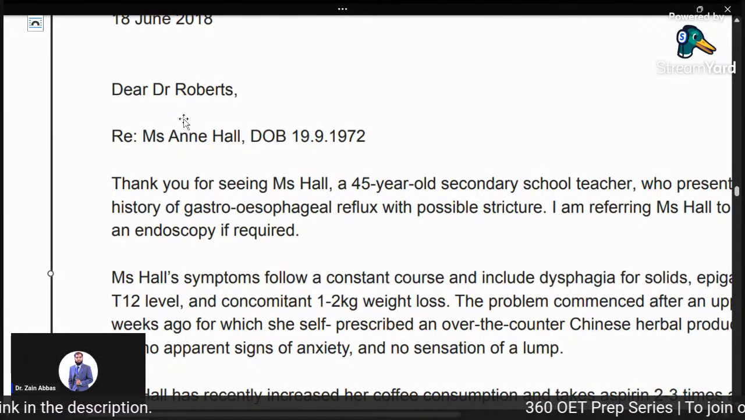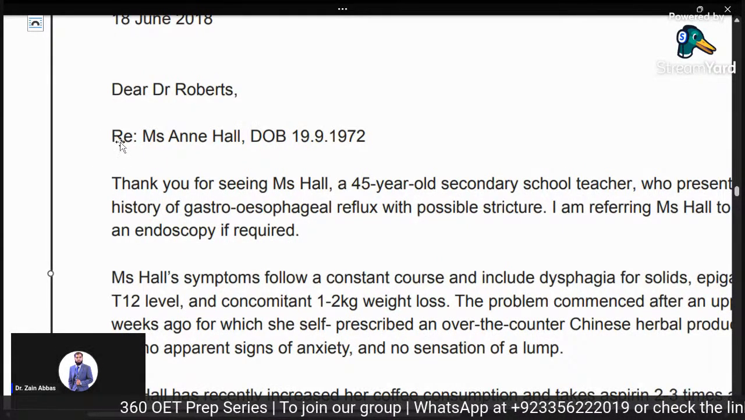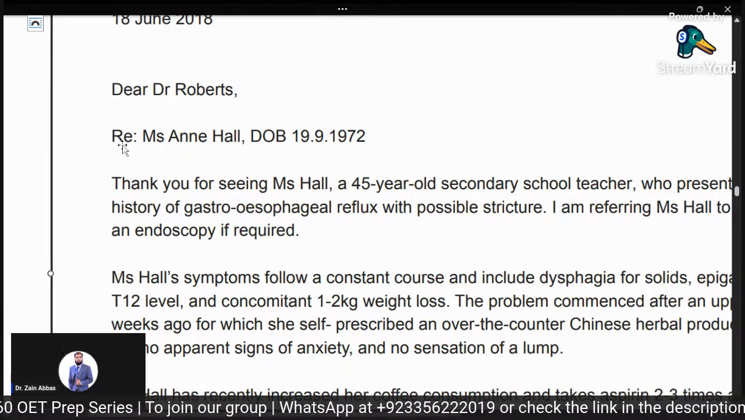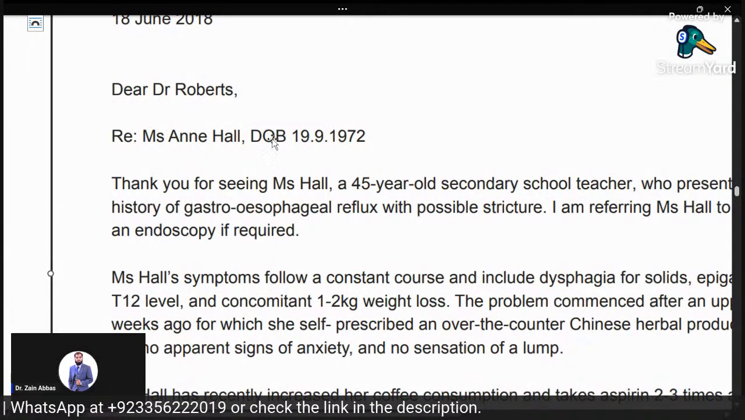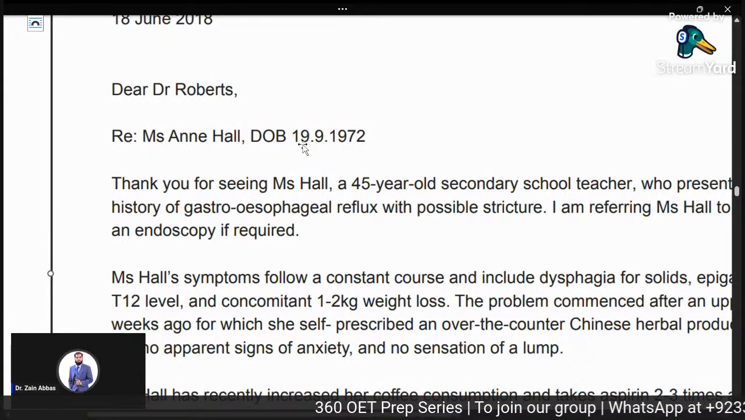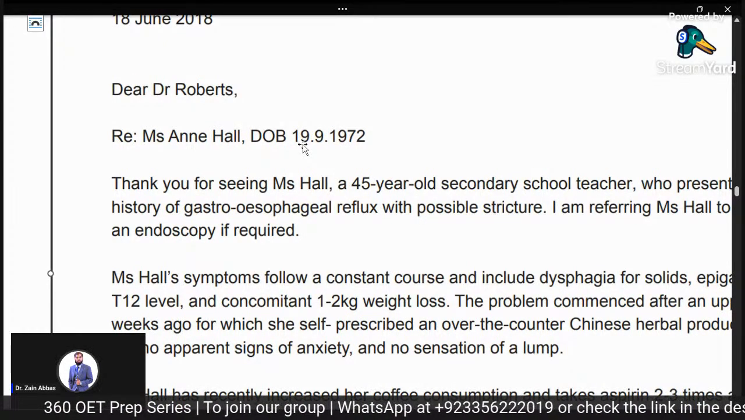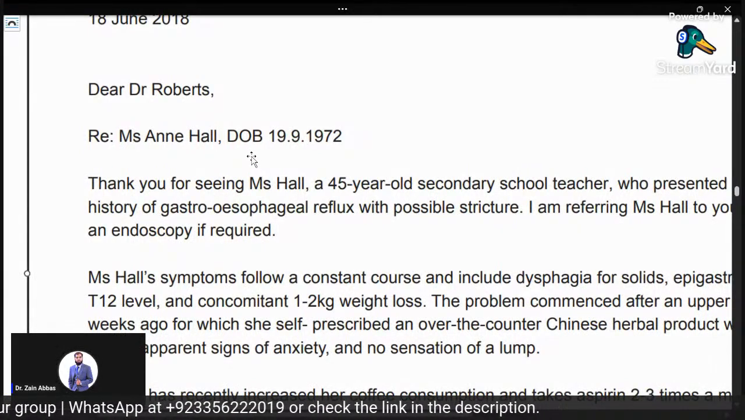The other important point to be noted here is the colon. When you write the referral RE, you put the colon here and then the name of the patient with the date of birth. You can also write age as well. That is also considered correct, but the most optimum is as I have already told you, this is the official letter of the OET from the OET website,